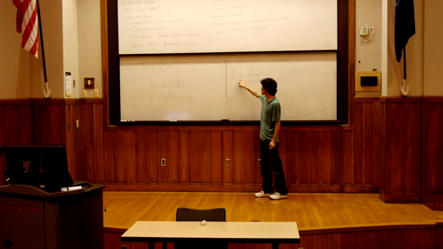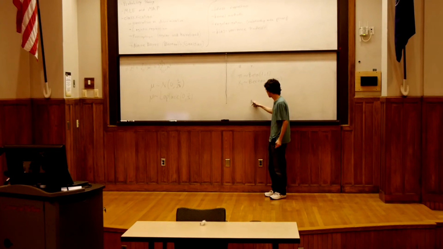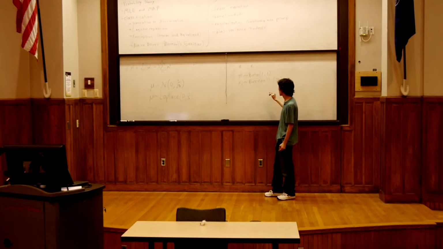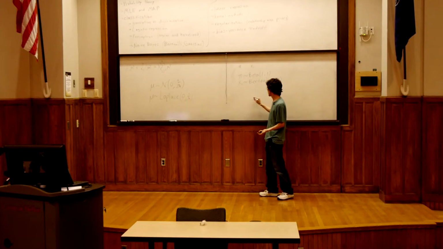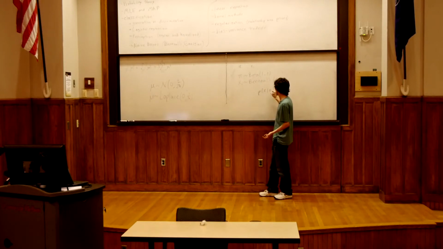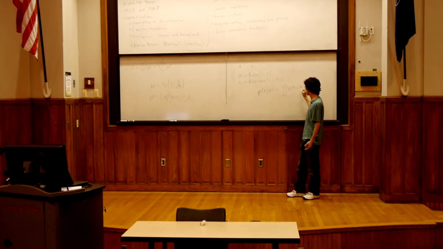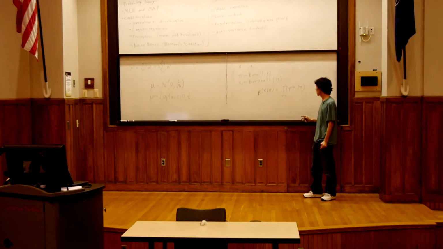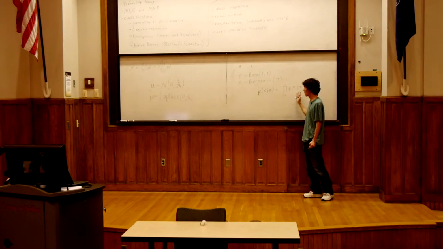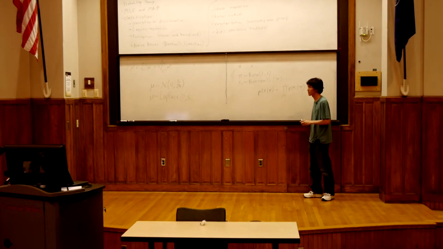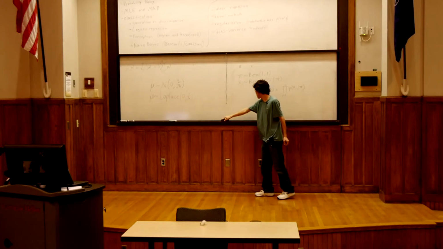And so suppose I want to learn how fair the coin is, right? MLE is just maximizing the likelihood. So that's just the probability of x given pi. And because all the x's are independent, I can just write this as the product of the probability of xi given pi, right? And then I just maximize this. Well, I take the log and usually maximize that, right? That's MLE. But in MAP,